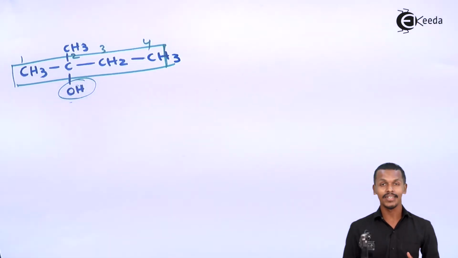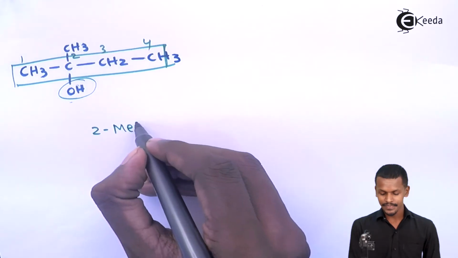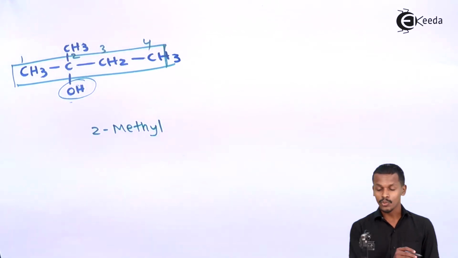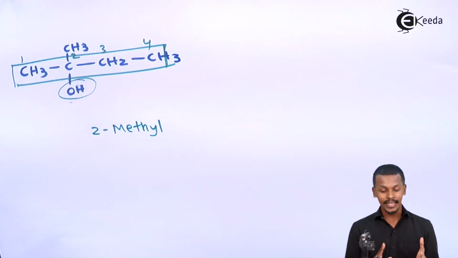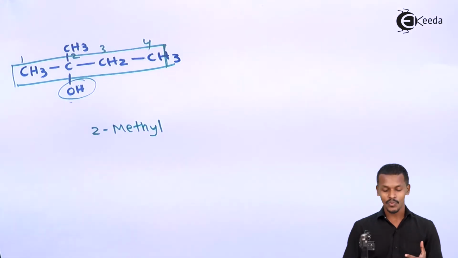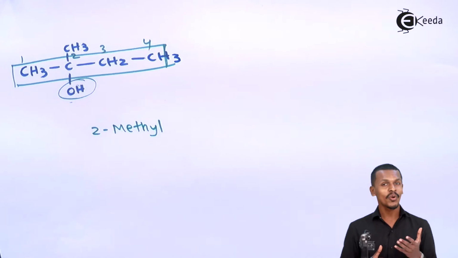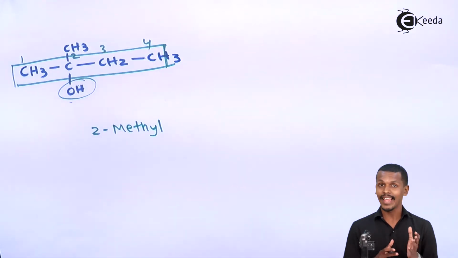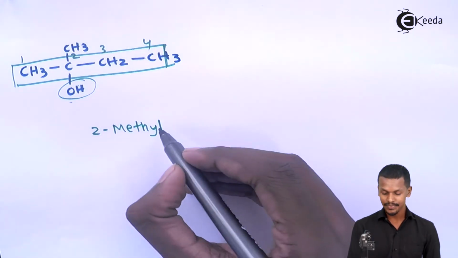In this case the substituent is CH3. So we could name the CH3 as 2-methyl, and the total number of carbons present in the straight chain is 4. The functional group is attached on carbon number 2. Because it consists of 4 carbon atoms, the name of this would be butane. But this is not just butane, this is a butane as well as an alcohol. So the name of this would be 2-methyl